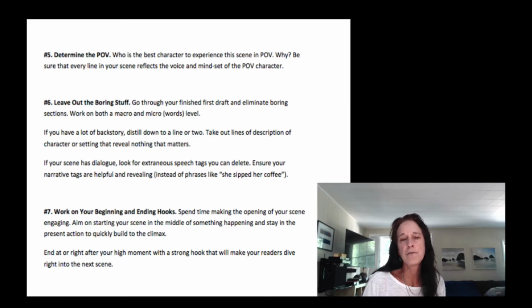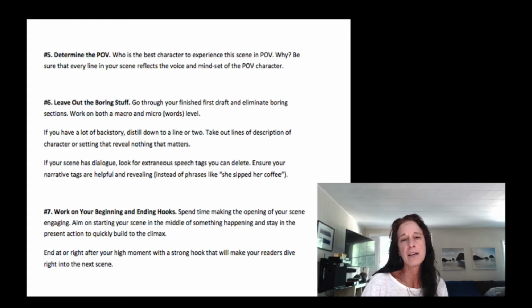But if you're doing shifting third-person point of view, or maybe a combination of first and third, oftentimes I read novels where the protagonist is in first person and all the other characters are in third person. I see this in James Lee Burke's novels, for example. So you might have a choice between a number of characters of whose point of view it should be. So how do you determine whose point of view it is? Well, you want to figure out who is the best person to show what's happening, whose insight is most important.